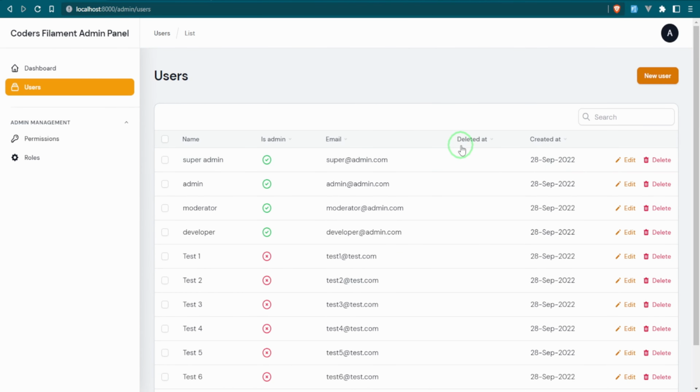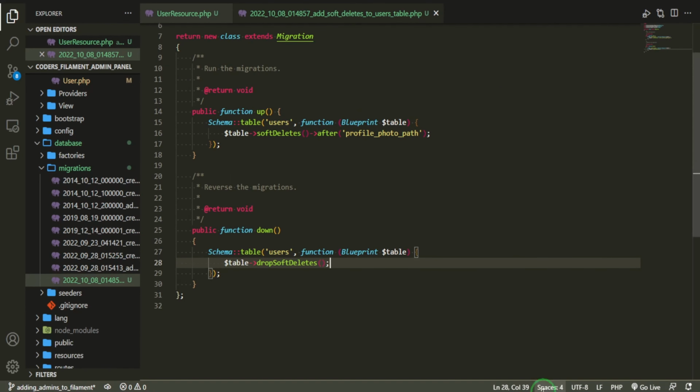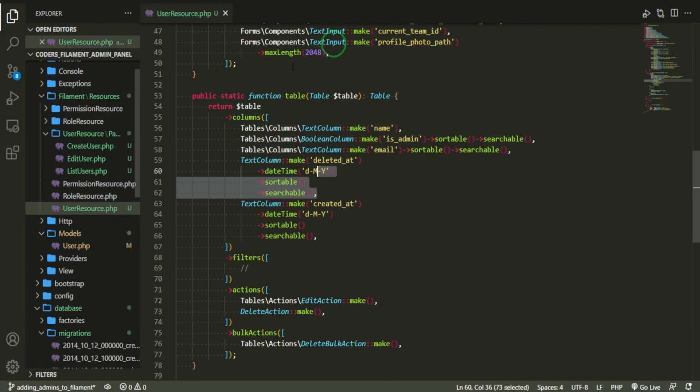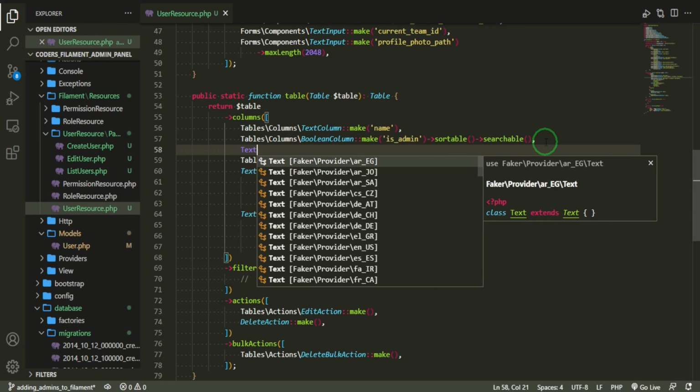Good, so now we have that column, we have the created at, and one thing that I do want to add here too is the roles, because these are the usernames, and so I want to have the roles to display here as well. So now we can really close this, and we can close out the migration, and we can do this over here. So we'll do it after the is admin column, and we'll just do text column